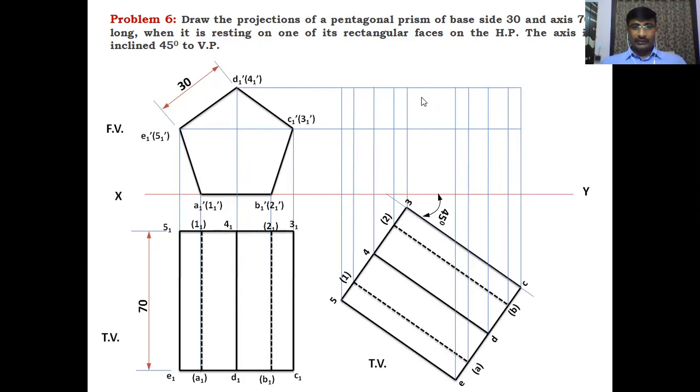After drawing the projectors, which will intersect somewhere and form a grid, on that grid you have to locate the points. First of all, locate the visible base points from A to E, so A dash to E dash. The A dash is where the lines coming from A and A1 dash intersect. A1 dash and A lines are intersecting here. Locate this point as A dash. Next point is B dash, next point is C dash, this is the front view, D dash, E dash.